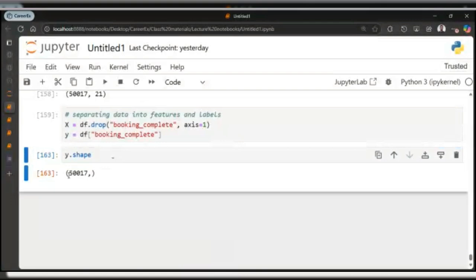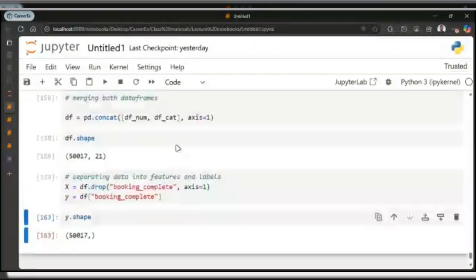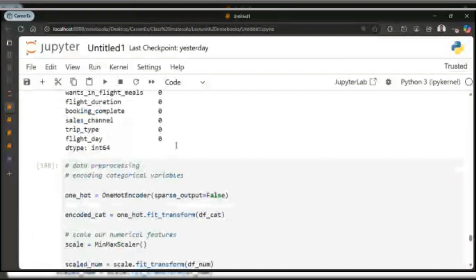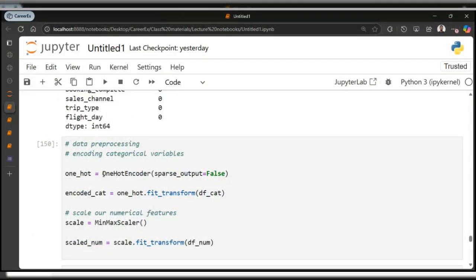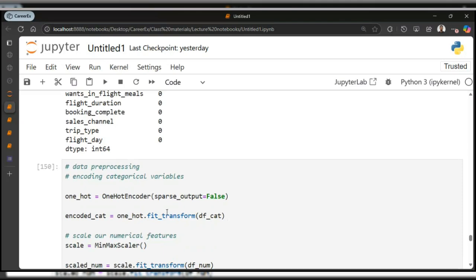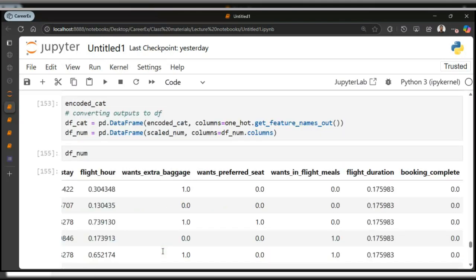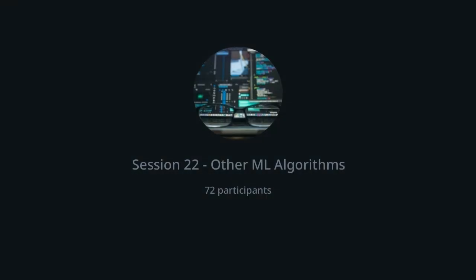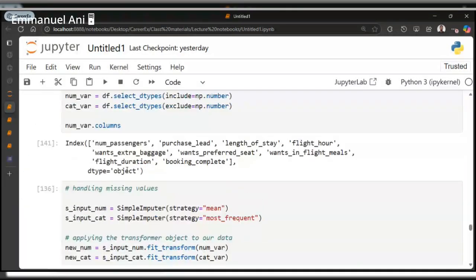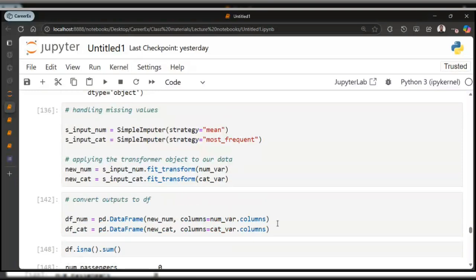But mostly something you have to do is, let's say before you even encode, you separate your X and y before you do all these things. So this place where I'm separating it now is not meant to be here. I actually meant to separate it before you start pre-processing. So you pre-process your features separately from your y, from your labels, okay? So take note of that.